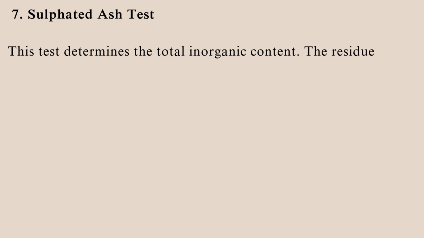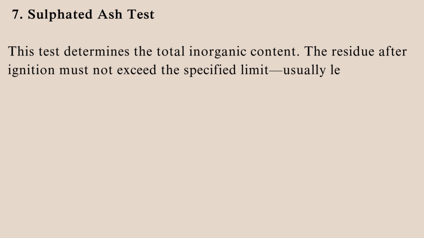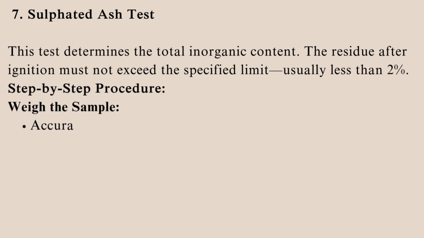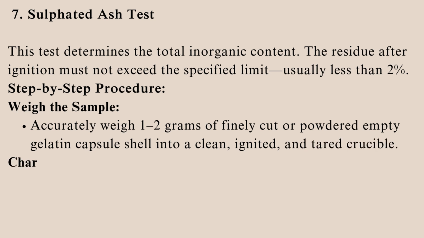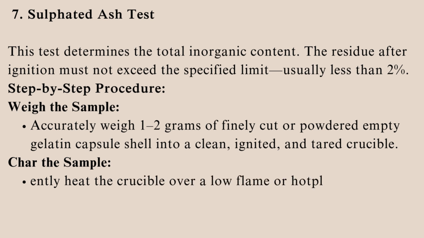Sulphated ash test. This test determines the total inorganic content. The residue after ignition must not exceed the specified limit, usually less than 2%. Step-by-step procedure: weigh the sample. Accurately weigh 1 to 2 grams of finely cut or powdered empty gelatin capsule shell into a clean, ignited, and tared crucible. Char the sample: gently heat the crucible over a low flame or hot plate until the sample chars,